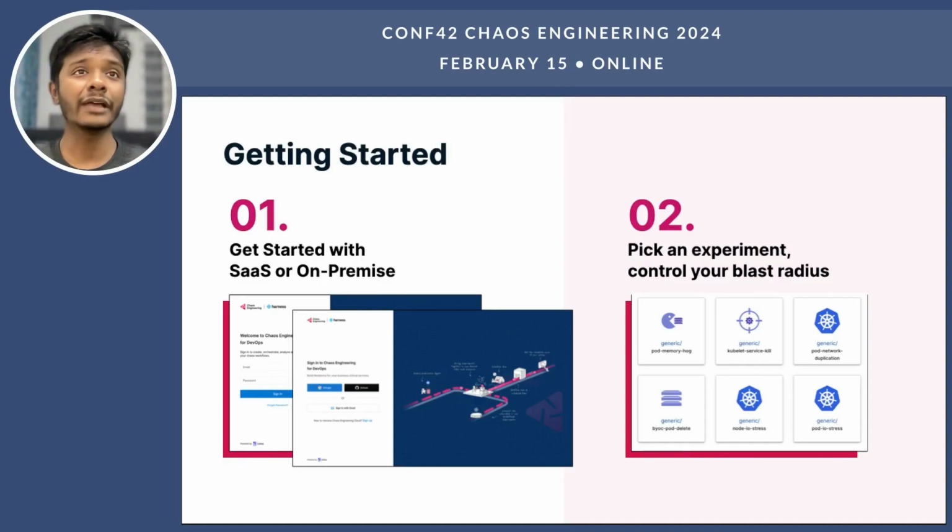So it's as simple as getting started with Harness Chaos Engineering as choosing your platform of choice, that is the SaaS or on-premise. The SaaS platform is deployed on cloud, while the on-premise platform can be deployed into your environment. Once you have selected your platform of your choice, you can pick an experiment, and depending on that experiment, be it a Kubernetes, AWS, GCP, or any other type of chaos engineering fault, you can select the blast radius to which you want to affect your target application and your target environment,